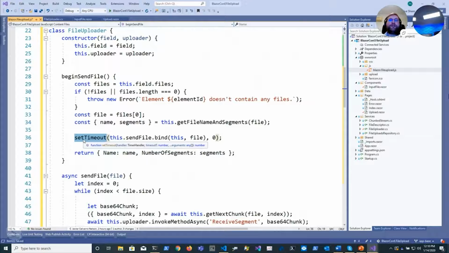it has returned. So this is a small trick that we use because we cannot start uploading the file right away. We tell the browser, run this code immediately when you're free. Essentially, this is what this means. And this send file is the method that takes care of uploading the file. Then we return the name, we return the number of segments so that the file uploader is happy on the